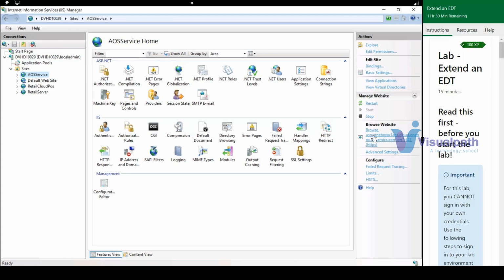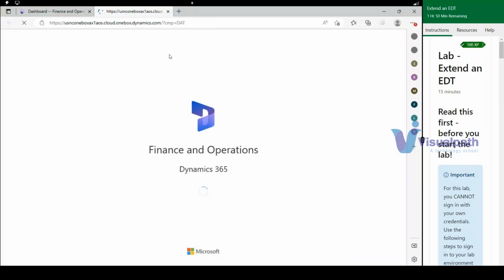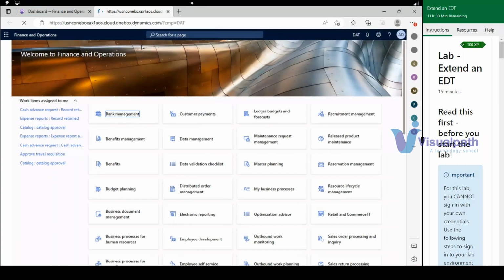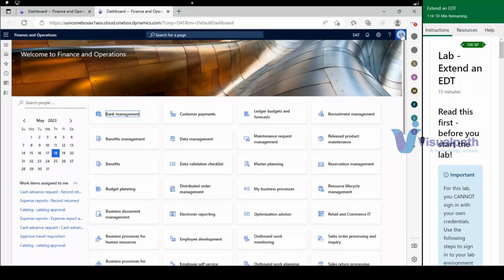Browse to this link. When you click this link, it will take you to that specific client access user interface. Since I have already logged in, it's taking me in with my account. When you try to access this link, you have to put in your credentials, that is single sign-on, like a Microsoft Office 365 account that can be used to log in. That account might already be added to this application so that you can log in. So this is how it will be. This is the user, the client, and we have seen AOS, which is in IIS Manager, and the third one